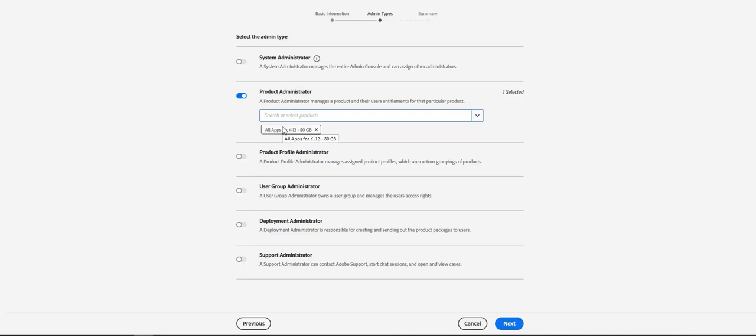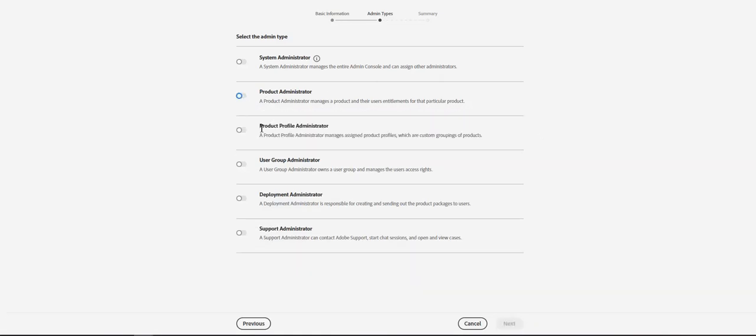He can add users, add user groups, remove users, and even remove the product profiles as well. Anything for this particular product, he should be able to perform. If you are only giving him rights as product administrator, then he can only control this particular product. He will not have access to all the other products on our console.